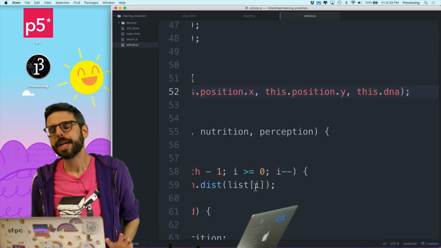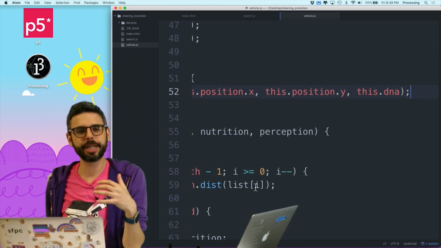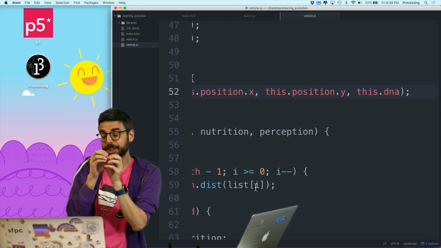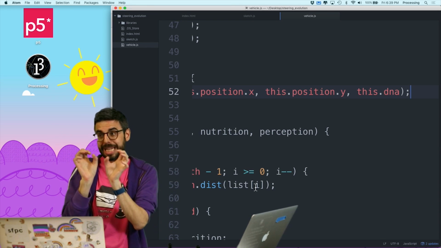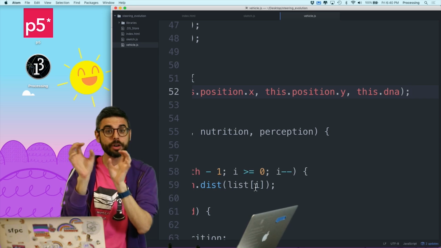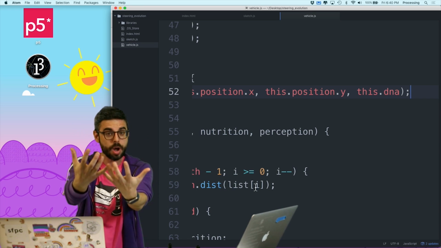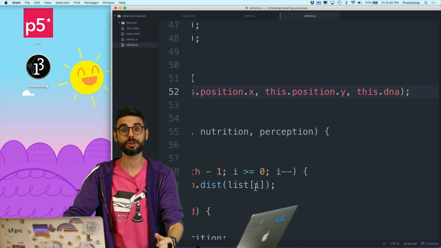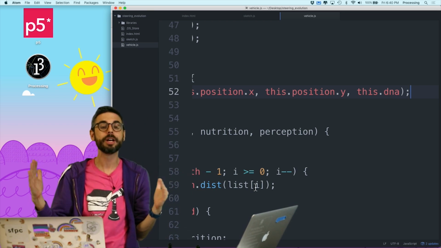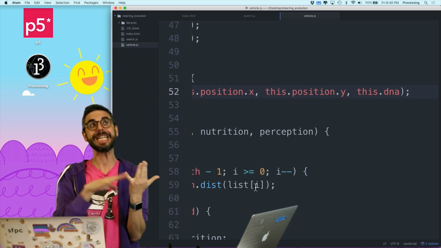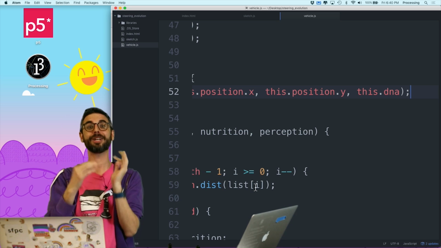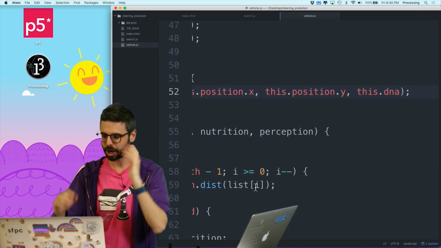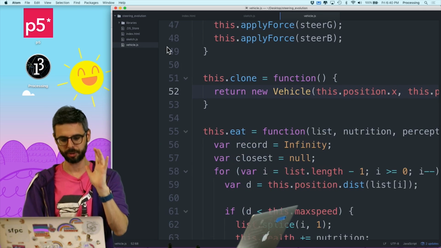So here's the thing. There's a lot of ways. One thing that you might think about is, oh, maybe there's some scenario where there's two and they actually have to be next to each other, and then the DNA uses crossover to combine the DNA to make a new vehicle. But I'm going to just do this simply by having just a copy, but that would be an interesting thing for you to try. And then maybe they have to evolve some kind of attraction force where in addition to eating the food and avoiding the poison, they also have to be attracted to each other so that they can manage to copy themselves. But I'm just going to write this function called clone.